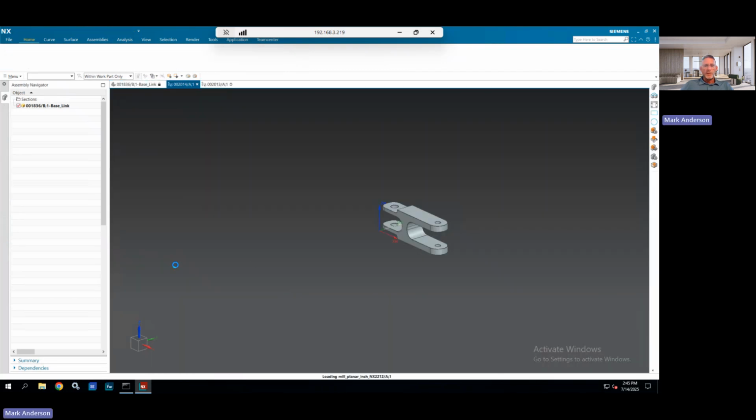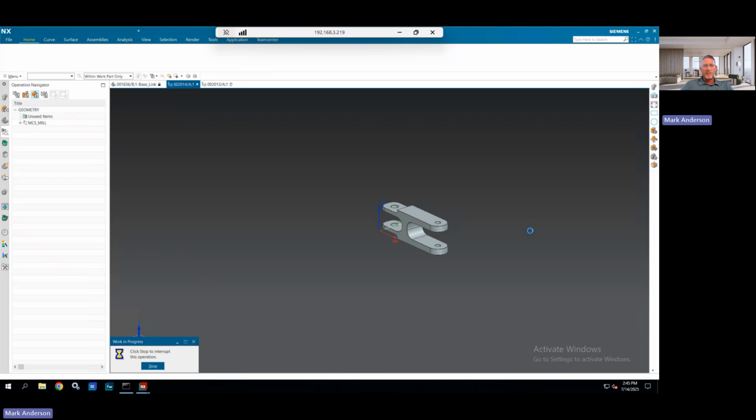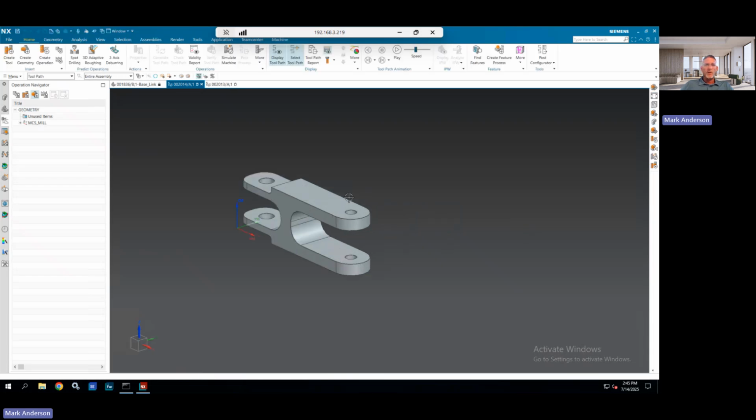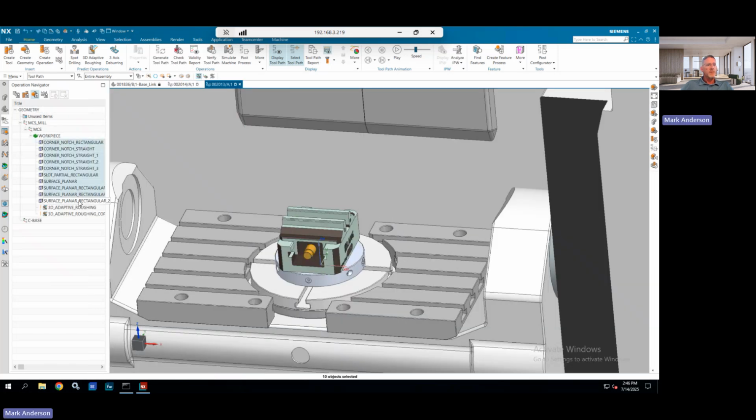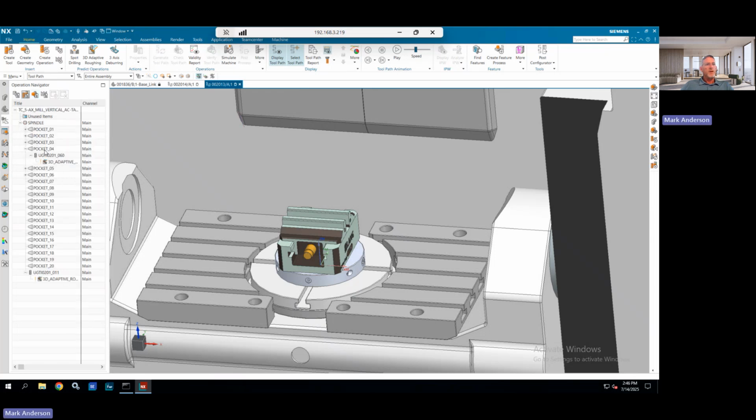Now, the way you perpetuate a file correctly from operation 1 to operation 2, we're all linked through everything. So I know I'm using this. I know I used all of this. Everything worked just fine in this one. So then what I would do is I would take all of my tooling,